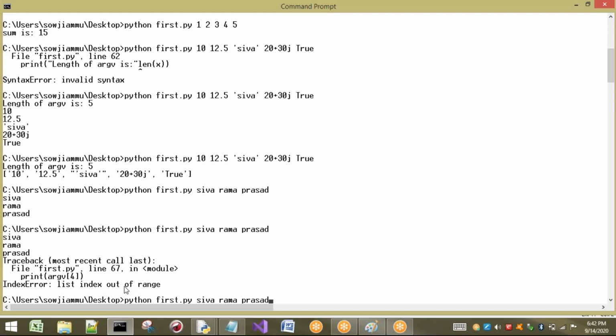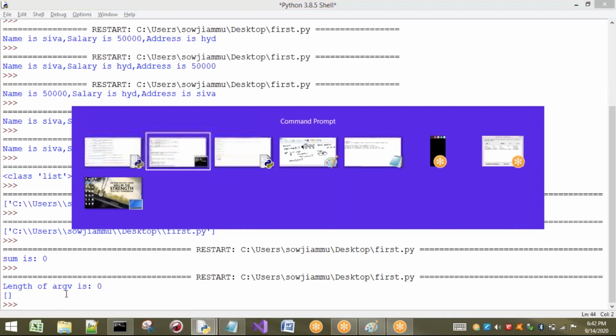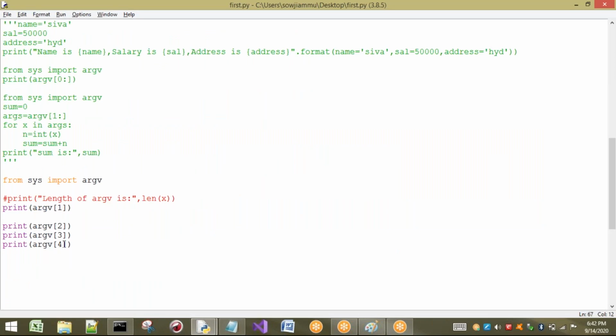Here I have taken directly the index, argv of 4. But now I will take with a slice operator. For example, here I will take directly 1 to 5. Is 5 there in my list? It is not there. Then what happens? Let us see here. I will comment these things.